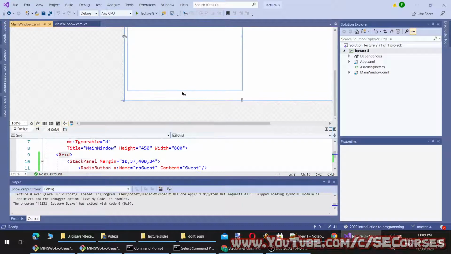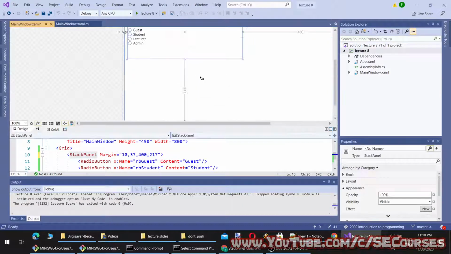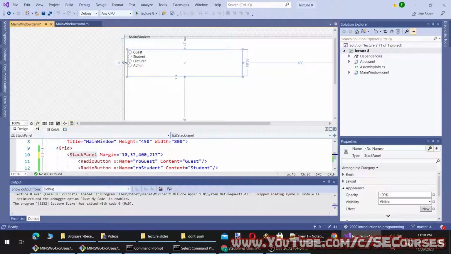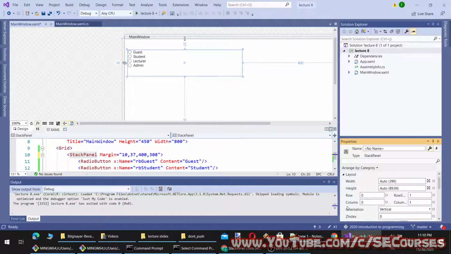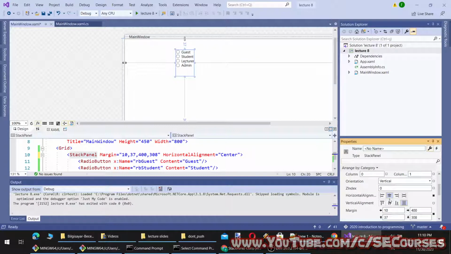Okay, I'm going to add some more properties to this stack panel. What can we do? We can, I think, add orientation. Make them like this or this.